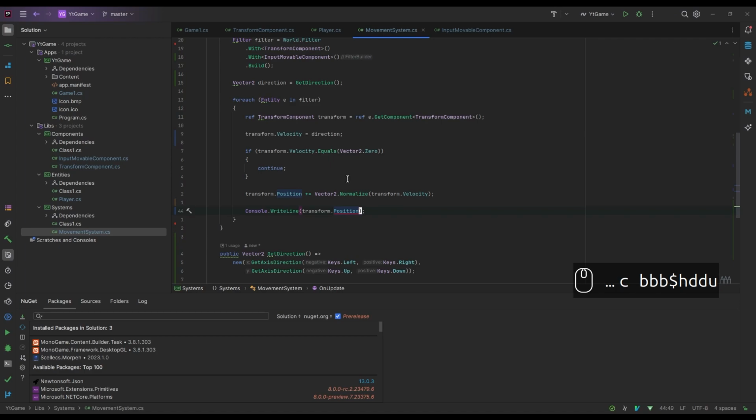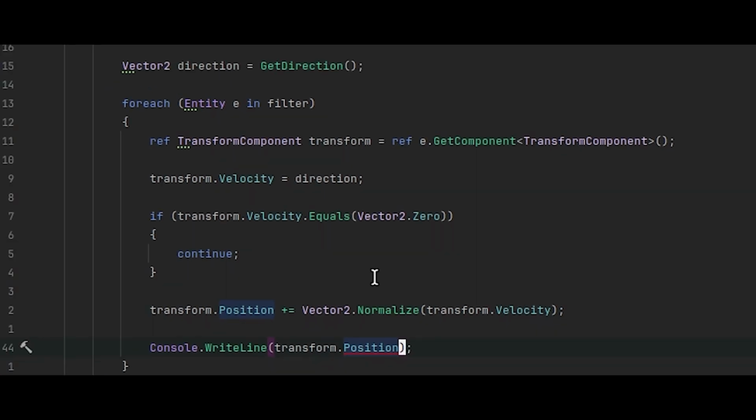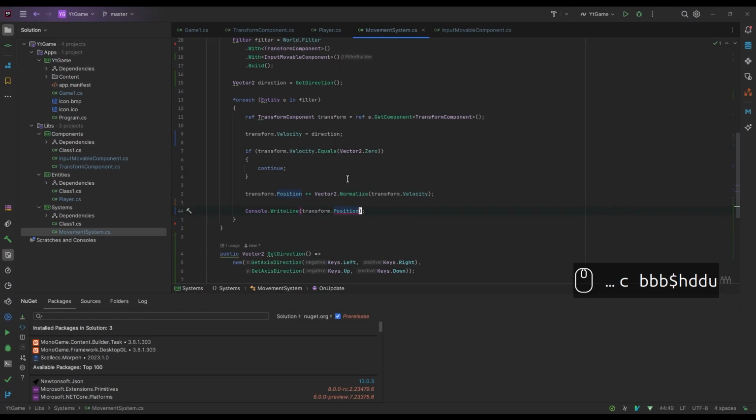Now let's see. We received the input, we moved our player, two different actions, right? It also might be that I want to stop receiving my input values at some point to not move my player, for whatever reason. Collision, freeze effect, you tell me. What if I want to make the player jump in every step like a rabbit, or make it teleport back, if, let's say, it's a fantastic game and you want a glitch effect or something like that?